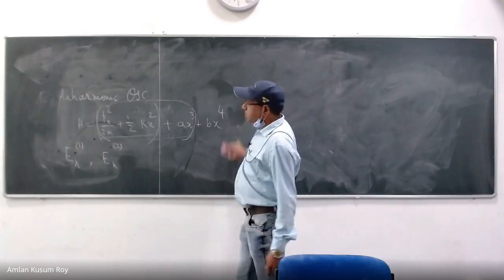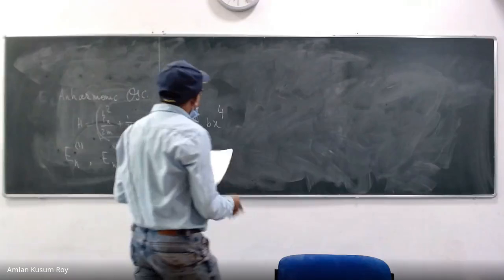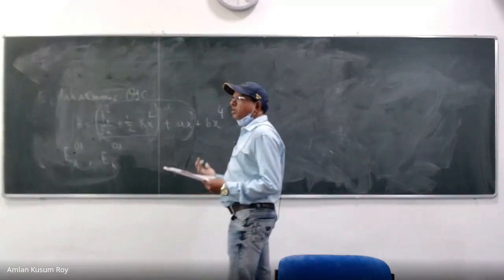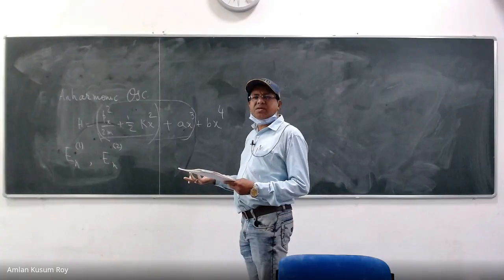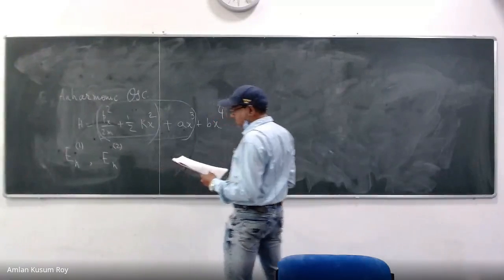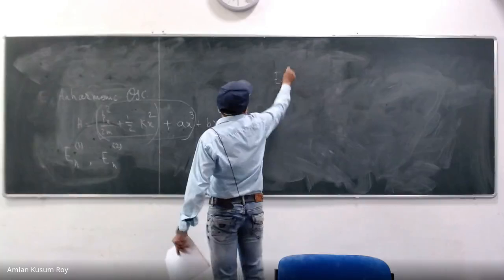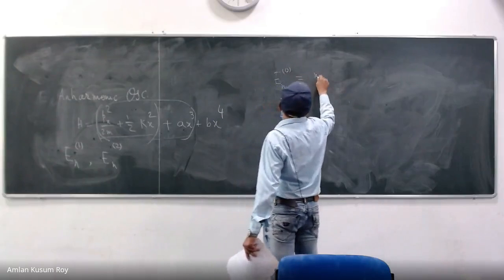So how do I do that? Sir, we need first E0. E0 is known to you. You know that half h cross omega, n plus half h cross omega, that is the E n values, right? Yes, sir. So all the En's are given by this. Next, what is the En1? En0 is n plus half h cross omega.